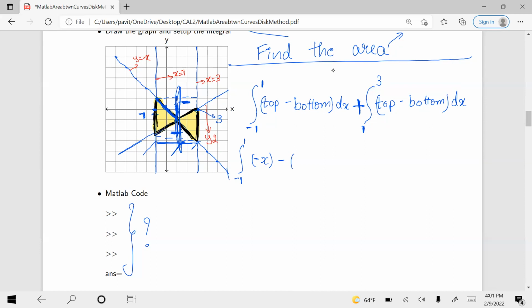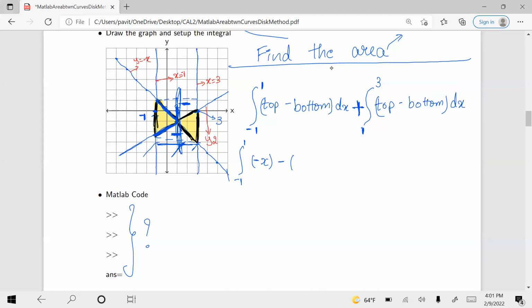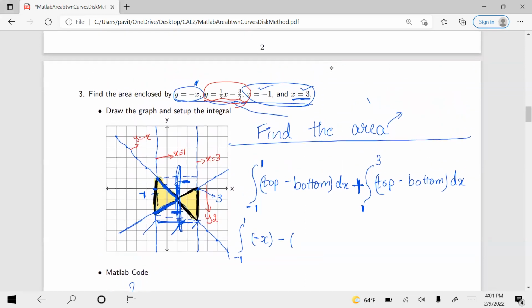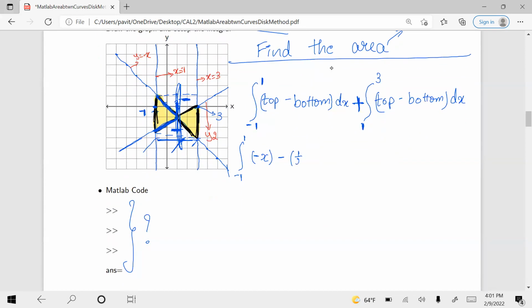And then we are going to do the bottom line, right? And what function is that? Very good. That is going to be y2, and the y2 function is half x minus 3/2, into dx,